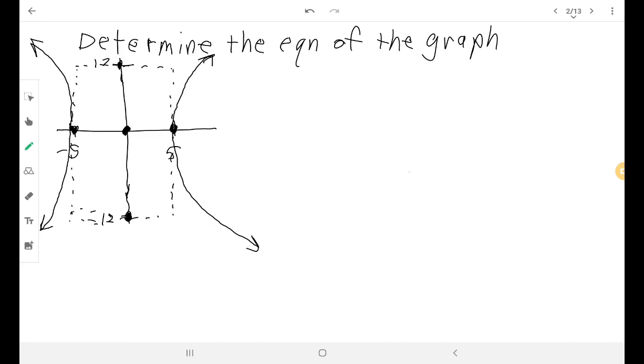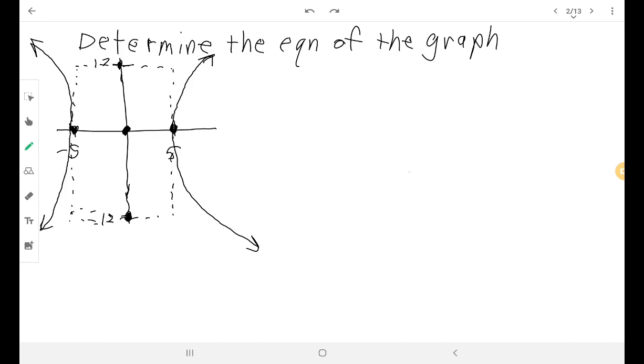We've got a little sketch here of a hyperbola. Hyperbolas have this shape right here, and you'll see that this shape can either be side to side like it is now, or it can be up and down. So this one happens to be side to side, and our general equation,